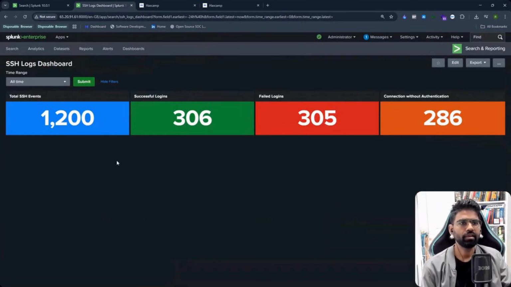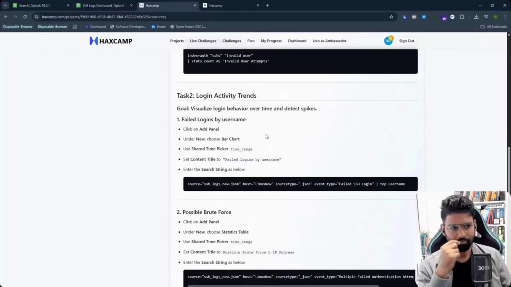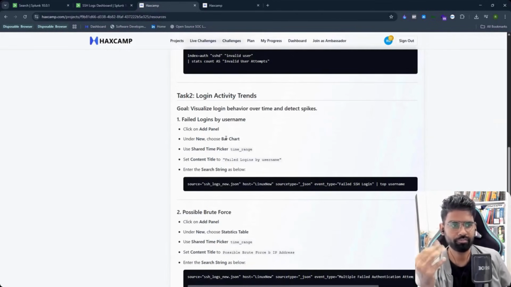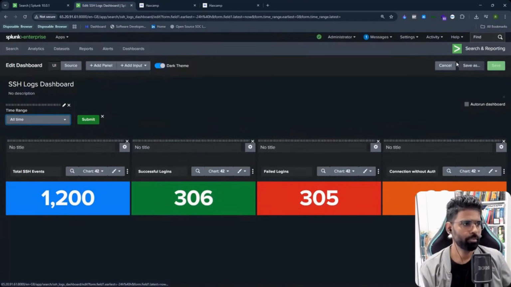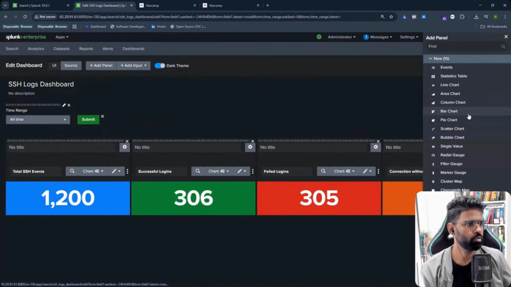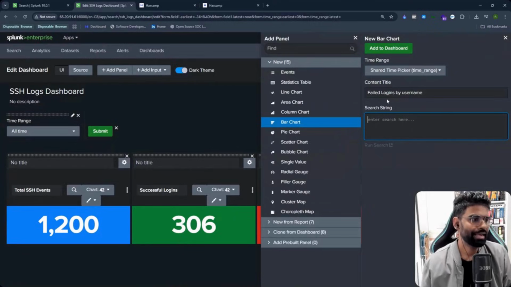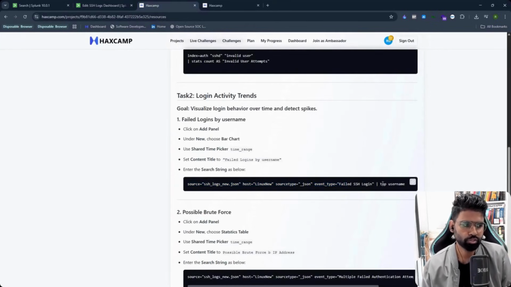Perfect. Lovely. Now, the next task is about login activity trend. This is where we'll add login behavior, failed logins by username, and we'll be using a bar chart to represent this, right? So we'll again go back to edit, click on new. We'll go for bar chart, time range, content title as failed logins by username. If you look at the query, this information is as it is. There's nothing new. At the end, the event type will be failed SSH logins, and